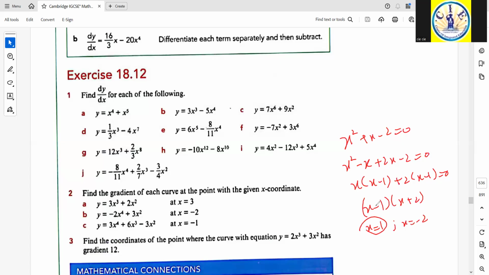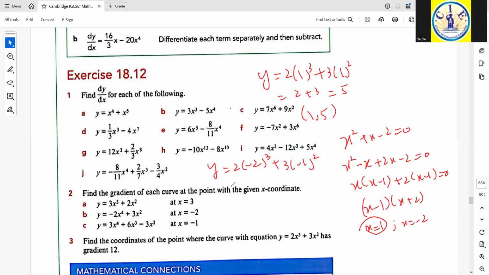So for point, when x is 1, the value of y will be 2 times 1 cube plus 3 times 1 square, that is 2 plus 3, that is 5. So the point will be 1, 5. And for the second point, it is going to be y is equal to 2 times negative 2 raised to power 3 plus 3 times negative 2 raised to the power 2, which is 2 times negative 8, which is negative 16, and plus 3, that is